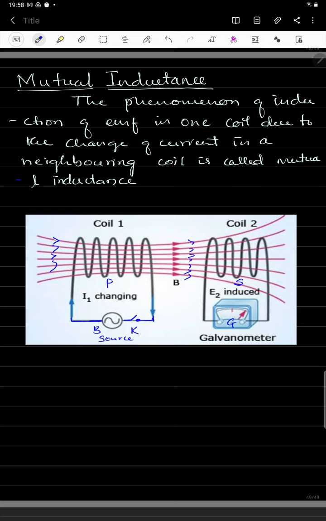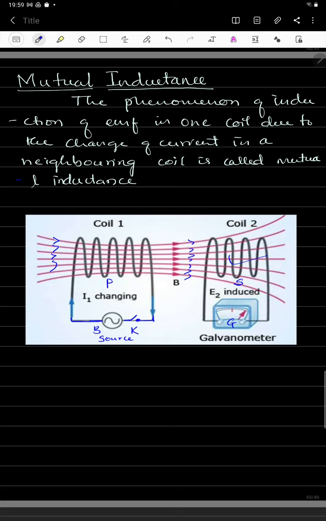If you take it nearer to the primary coil, what will happen? Whatever magnetic flux is generated from the primary coil is linked with this secondary coil. Whenever that magnetic flux is linked with the secondary coil, an EMF is induced, or produced, in that coil. We detect that EMF, or that current, through this galvanometer, and that gives the mutual inductance.